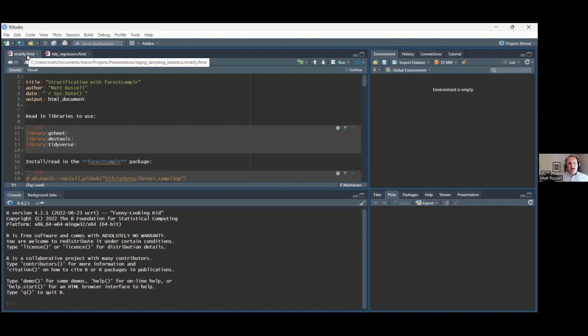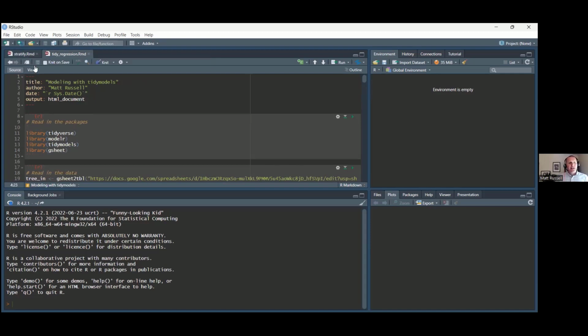And you might notice something, I don't think everyone does this, but I really like these kinds of files. This .rmd stands for R Markdown. What I really like about this is that you can basically write R code but then output the code that you write into different kinds of formats. I won't do it now, but if you go up here in RStudio to the knit menu, you see there are a couple options. You can knit this to HTML, or you can knit it to PDF or to Word.